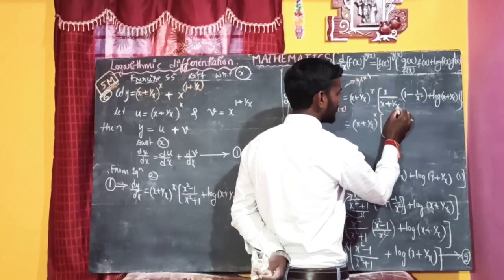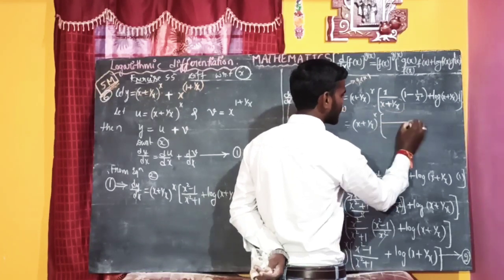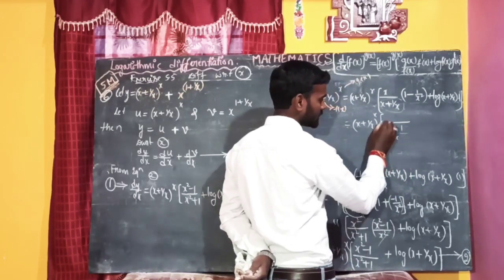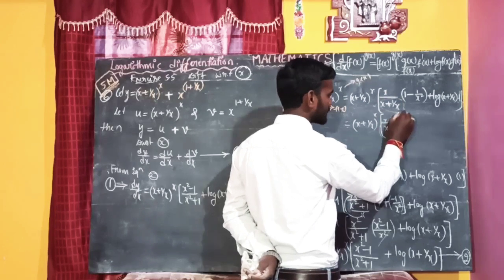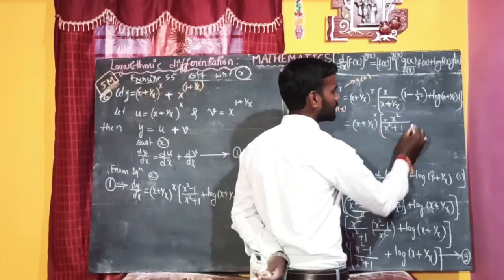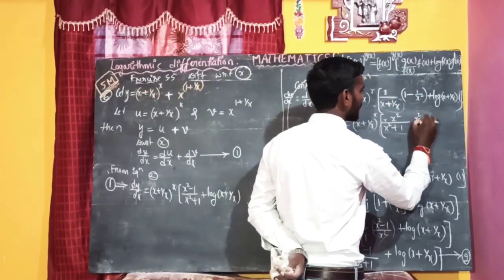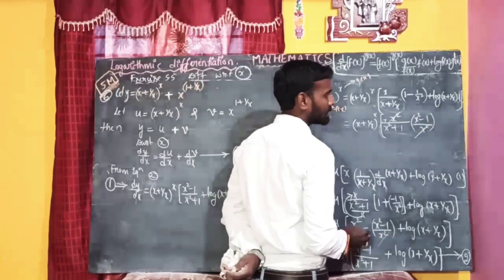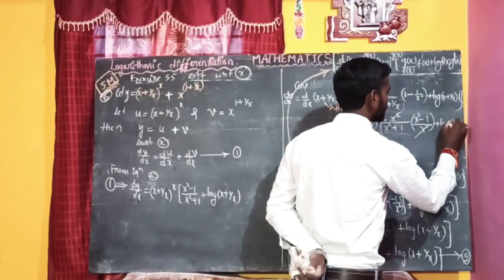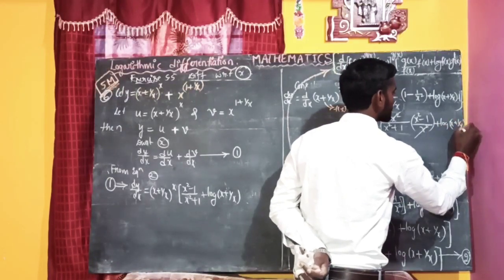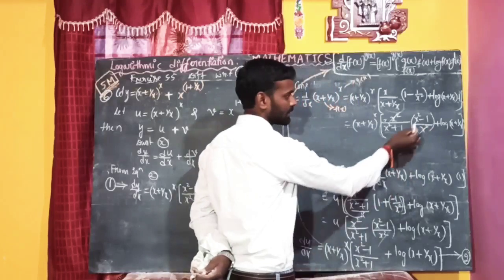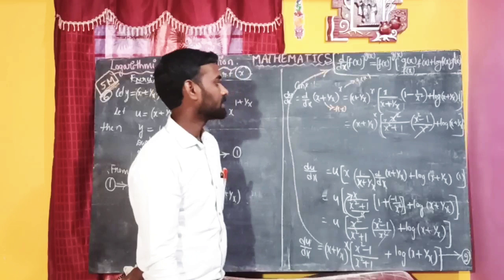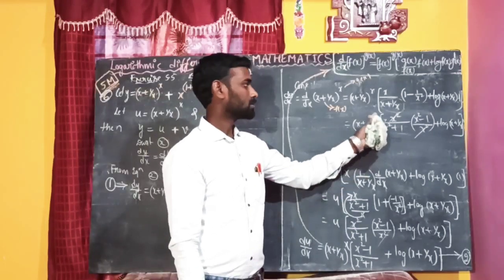Here observe guys, x into x is x square, denominator x square plus 1 by x, right? If I shift this x to here, already it is x, this becomes x square. Now this is x square minus 1 by LCM x square, which gets cancelled in the next term, into log of x plus 1 by x. This is our answer guys, that is (x square minus 1)/(x square plus 1) into log of (x plus 1 by x) into (x plus 1 by x) whole to the power of x.